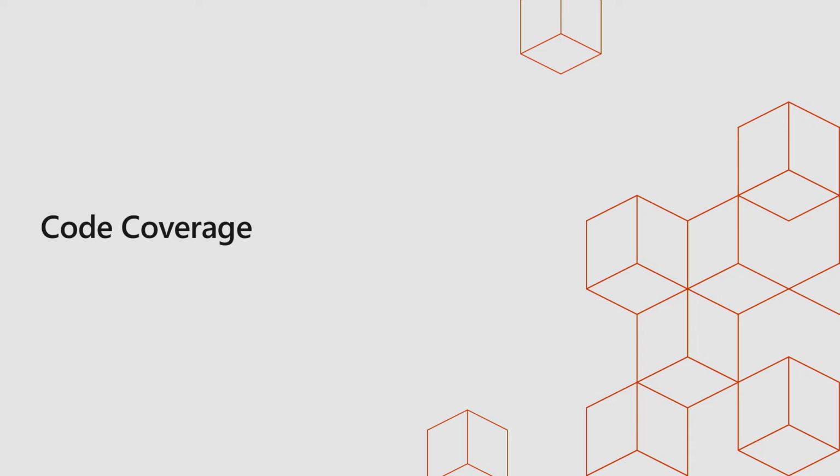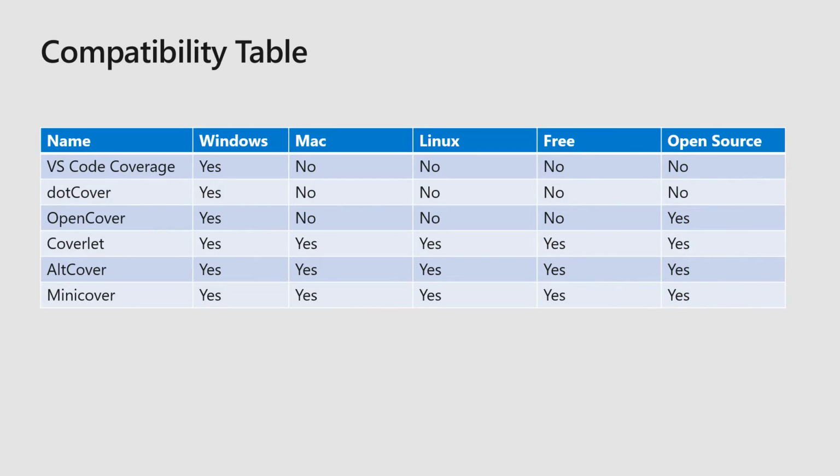It lets you understand just how much of your actual production / development code is being covered by your unit tests. So initially we do have a lot of code coverage tools, but a lot of them are tied to Windows or Visual Studio and the likes. So we have the regular VS Code coverage that comes with Visual Studio. As you can see, it's Windows only, it's not open source, it's not free, it doesn't run on the Mac